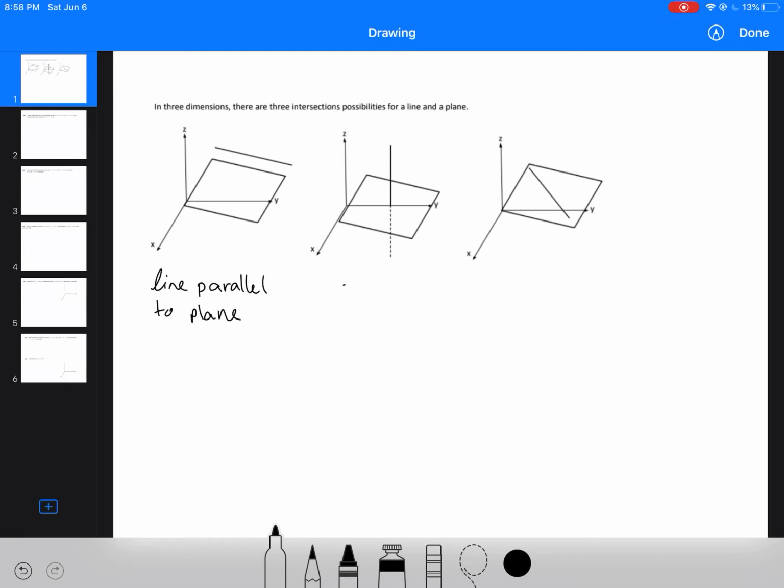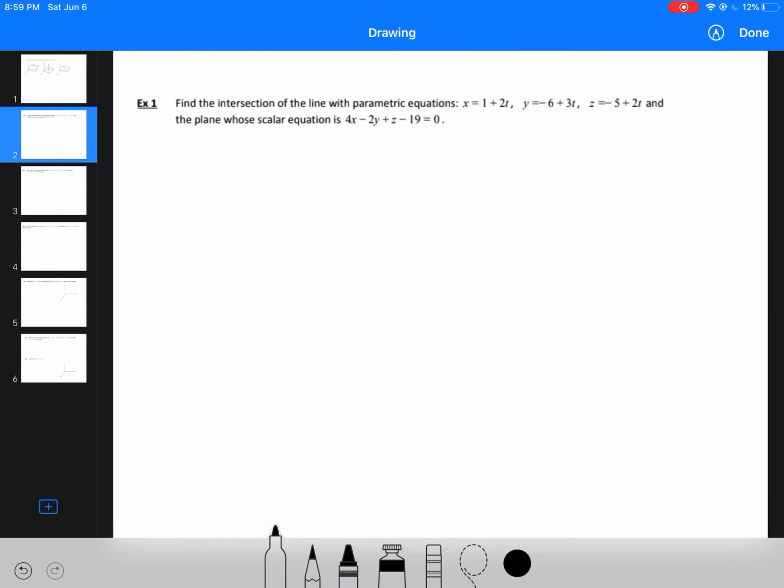Here is the second one, where the line intersects the plane. And here's the third option, where the line lies on the plane. So really we can have 0 points of intersection, 1 point of intersection, or an infinite amount of points of intersection. So the first example that we're going to do is to find the intersection of the line with parametric